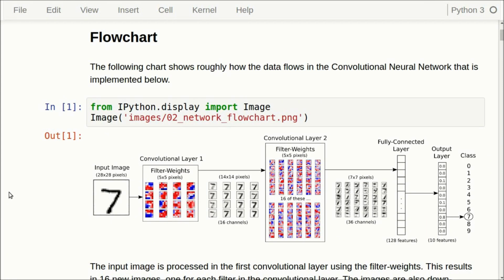This shows a simplified flowchart of what we want to calculate. So we have some input image, which is 28 by 28 pixels, and in this case it shows the digit 7. And then we want to send it to the first convolutional layer, and the output from that is 16 channels or 16 images, which are 14 by 14 pixels. And we send those to the second convolutional layer, and the output of that layer is 36 channels of 7 by 7 pixel images. And we flatten all these images to a single long vector, and we input that to